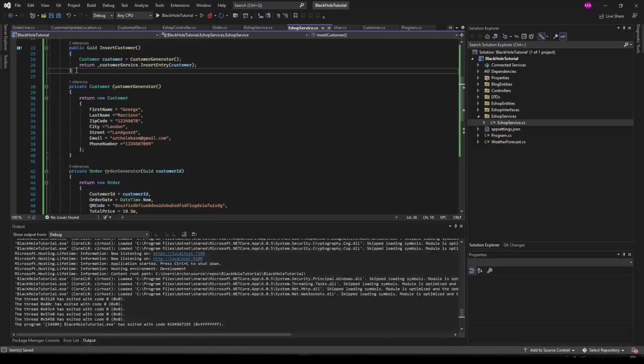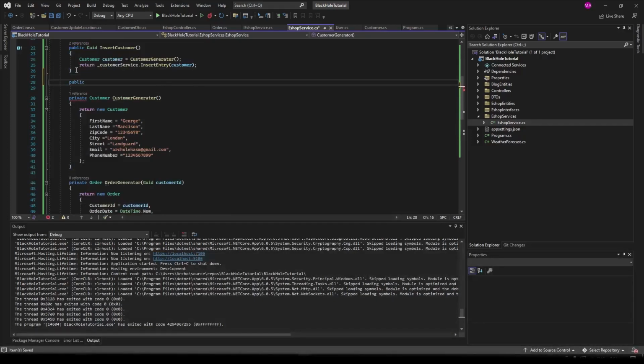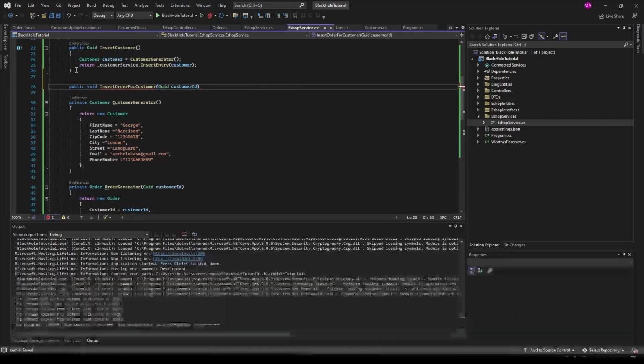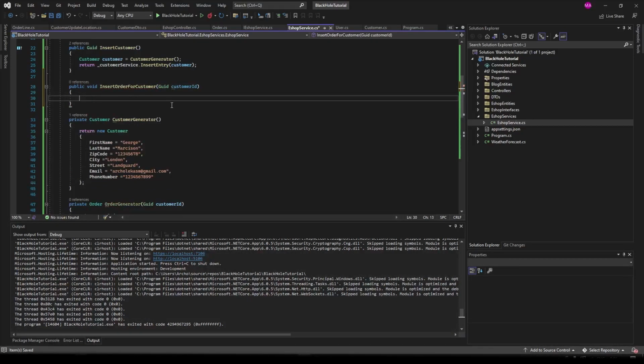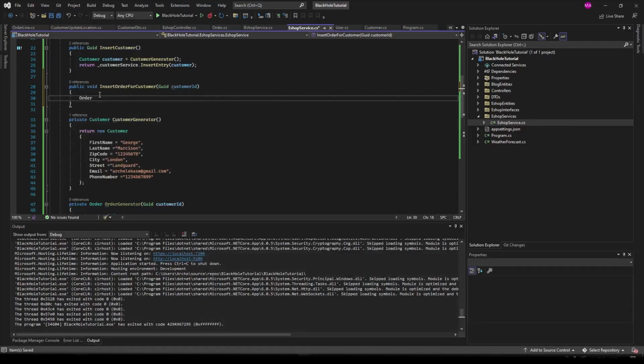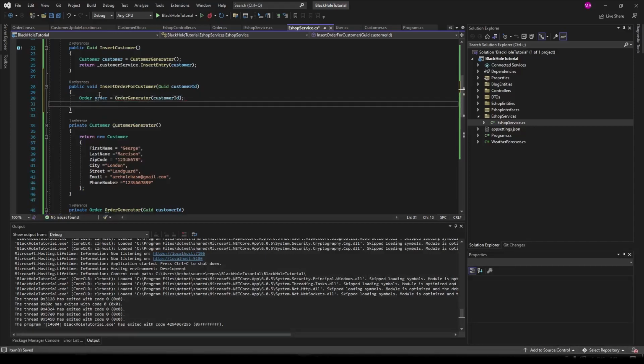And now let's make a public method, and what we want to do is let's make a void, right? Insert order for customer. Let's add a GUID here, customer ID. So this way we can add multiple orders and changing the GUIDs from the controller. And here we want to generate an order equals order generator, and we can add here the customer ID, and then we can